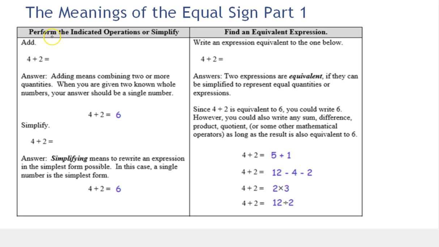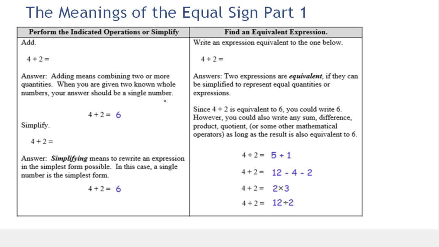So first, suppose you're asked to perform the indicated operations or simplify, and you're given 4 plus 2 equals blank. You've seen this problem many times in your life, and I think you'll agree that you would write the number 6. So performing the indicated operations, in this case it was just addition, but it could be multiple operations. It could have been 5 times 4 plus 2 minus 7. Or if you're asked to simplify, it means when you're given specifically numbers, your answer should be a single